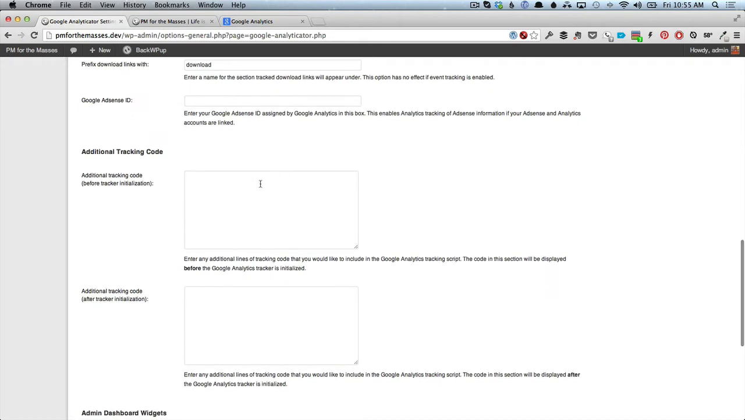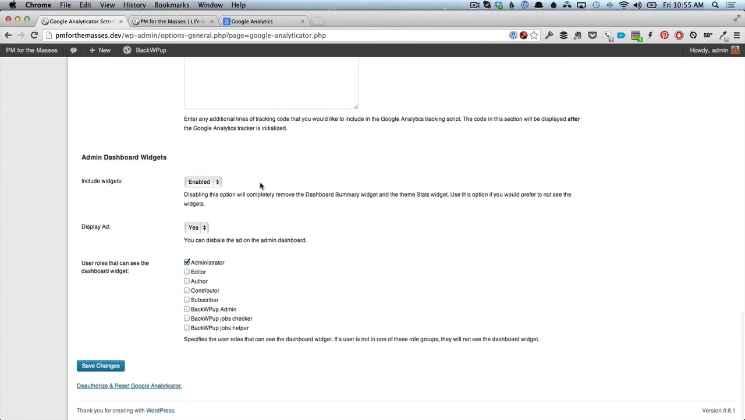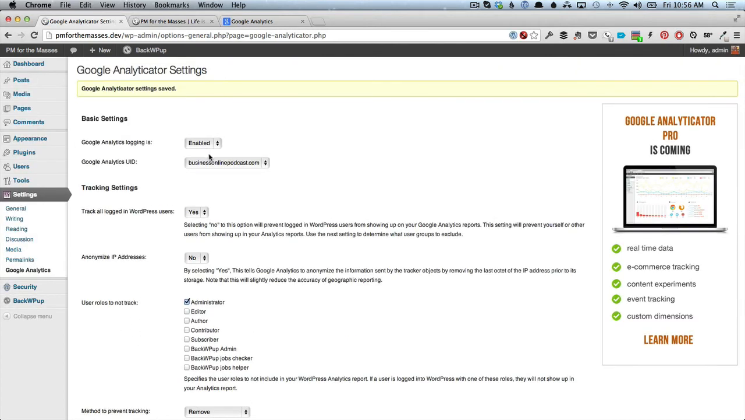And then I can change all of these settings, whether I want to track people that are logged into my site, people that are coming from a certain IP address, all these different changes you can track. And Google, I think that it's very complex. Google Analyticator does a great job with it, but I just recommend the standard settings once you get set up. So now that we've got it enabled and it's pulling the ID from Business Online Podcast,